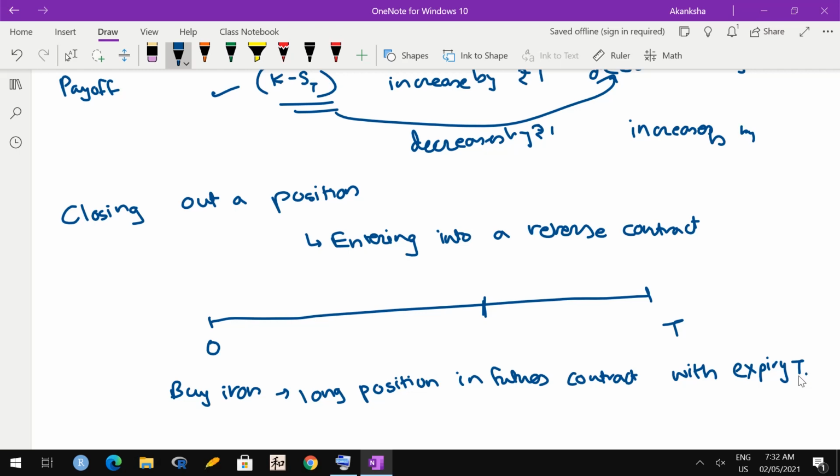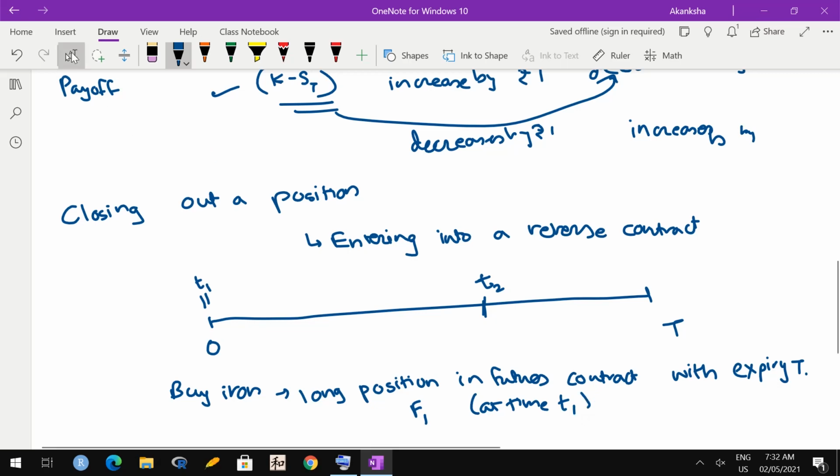Correct? Why capital T? Because what happens in between, I don't know. We don't know at exactly what point in between we are going to need it. So this 0, let me call time T1, and this is capital T, and at some time point in between you may need the supply. So you enter into a long position in a futures contract with expiry T and you have some strike price for futures, let me call it F1. And this entering into a long position has happened at time T1.